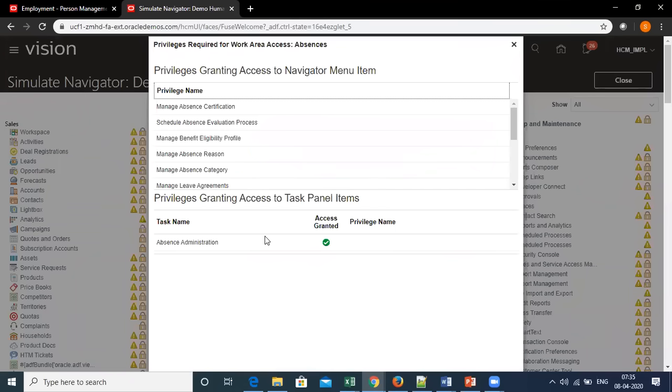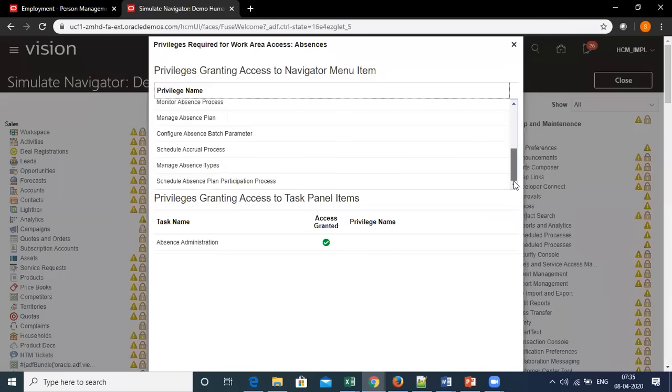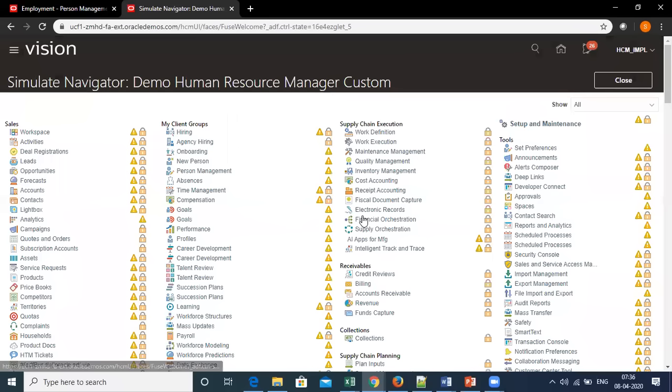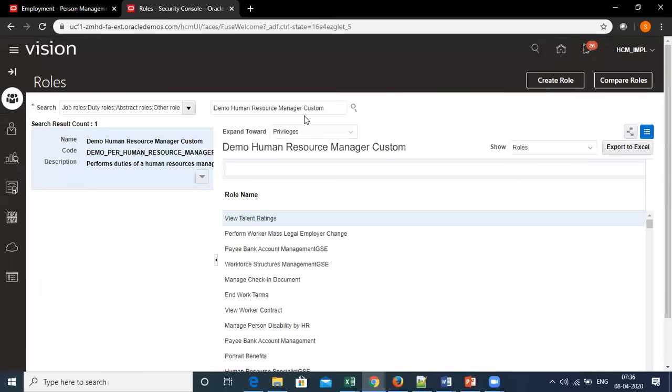Okay, absence administration. All right. So more or less, currently our human resource manager custom role is the same as the seeded one, and the access available is also the same because we have not made major modifications which we can reflect.